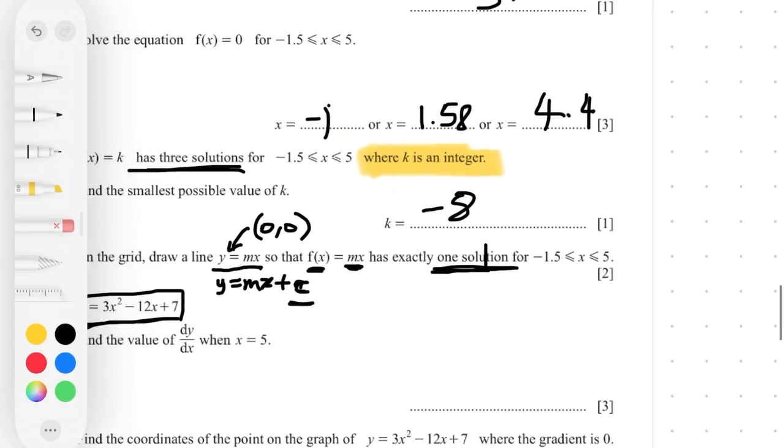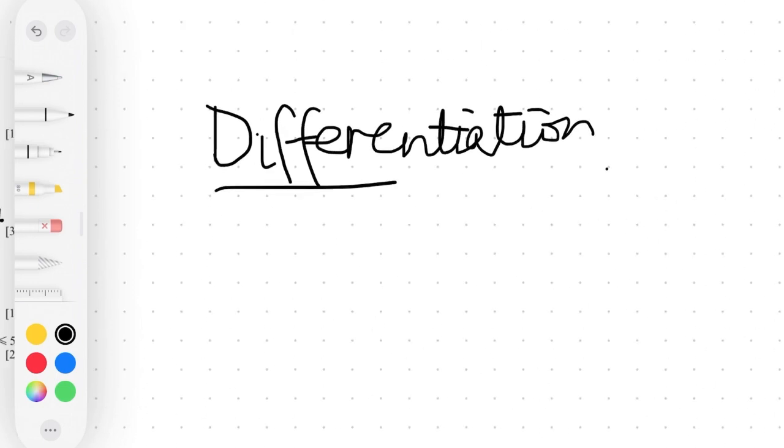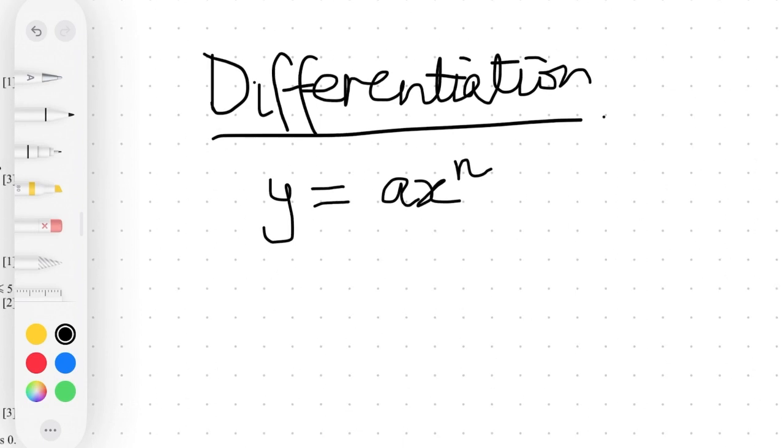So for this question, we need to know how to differentiate. So let's just run through that very quickly. Differentiation. If you want to differentiate y equals ax^n, where a and n are integers, you would have dy by dx is equal to